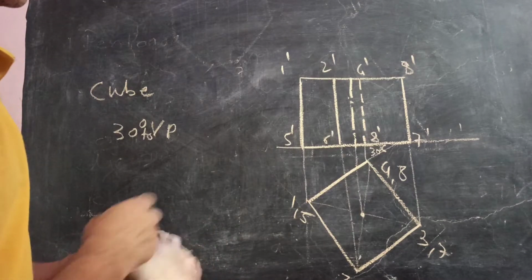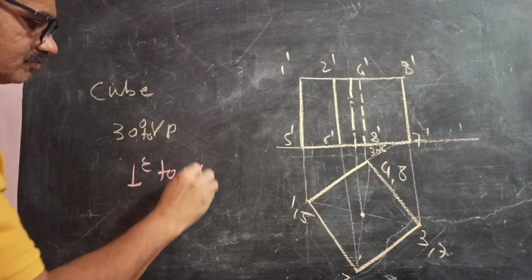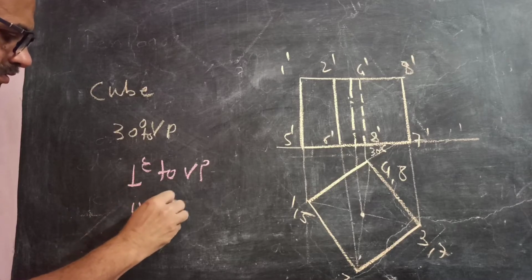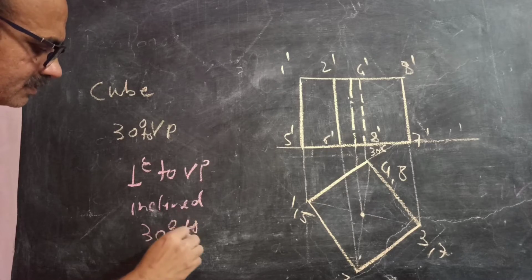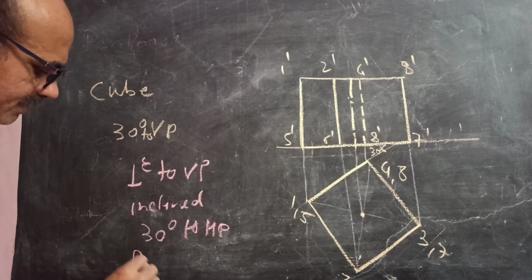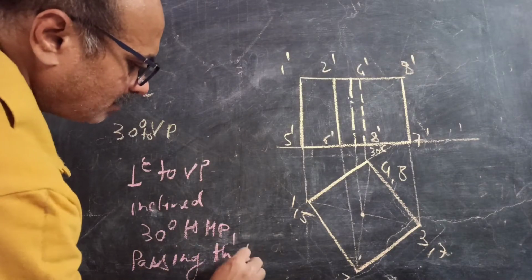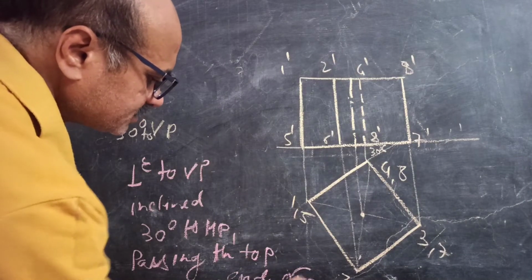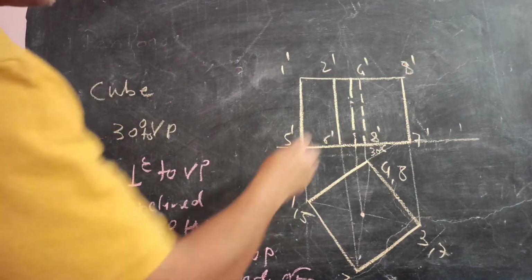Now it is given in the problem. It is cut by a plane perpendicular to VP, inclined 30 degrees to HP and passing through top end of axis. Passing through top end of axis. Top end of axis is this,